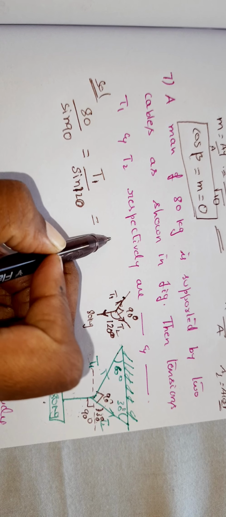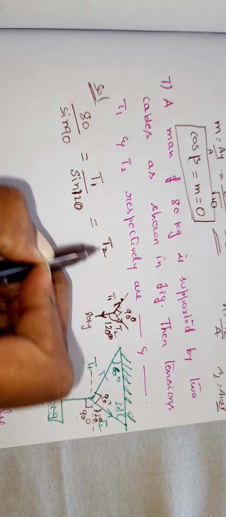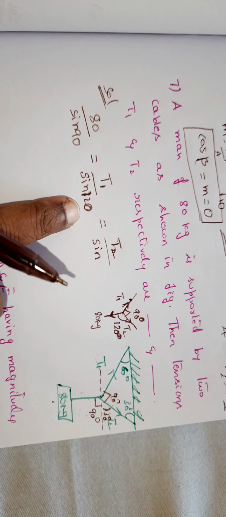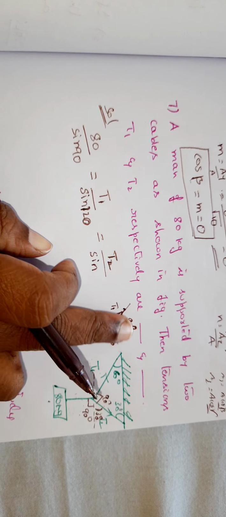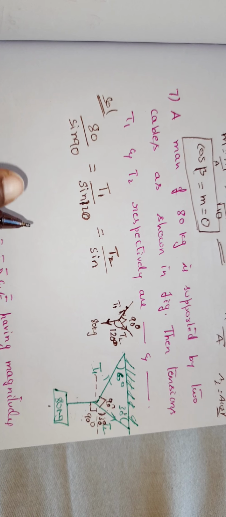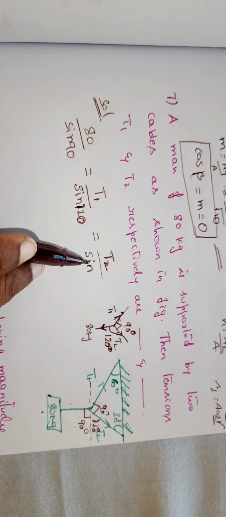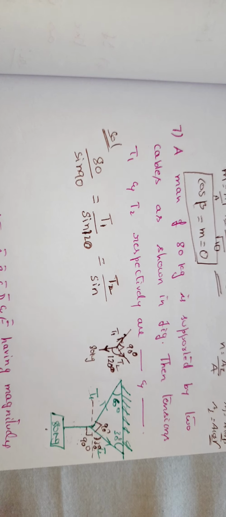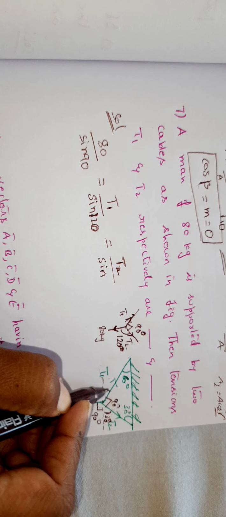T2 divided by the other angle, sine of. So 120 plus 90 is 210. So total should be 360. So you have 150 here. That is one way of thinking. No need to solve here. You got it as 120 plus 90 as 210. So you are left with 150 out of 360 degrees, right? Because the total is 360. That is one way. I'll show you the other way. So here this is 60, means this is also 60 degrees.